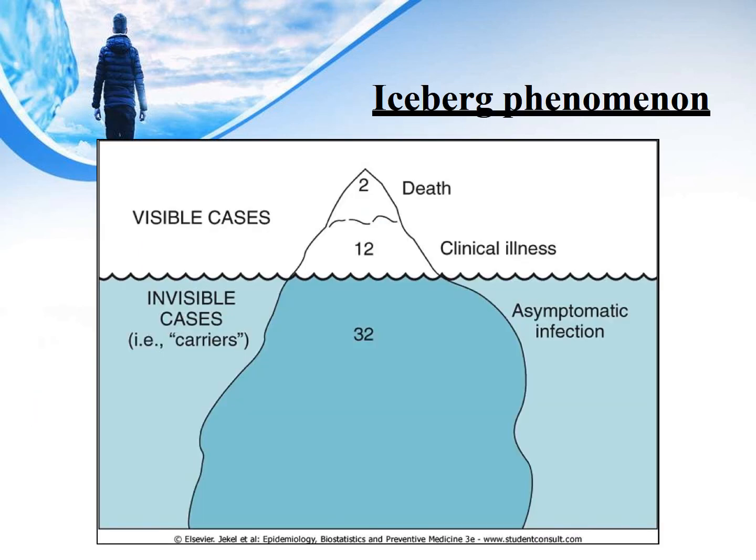Now about the iceberg phenomenon of the disease. The iceberg phenomenon describes a situation in which a large percentage of the problem is subclinical or unreported or sometimes hidden from view. When a piece of ice is allowed to float on water, only a small portion is visible and a significant portion is submerged in the water. The floating tip, which we see in this picture, are the cases which are seen by the physician, or these are the clinical cases or deaths which take place in the community.